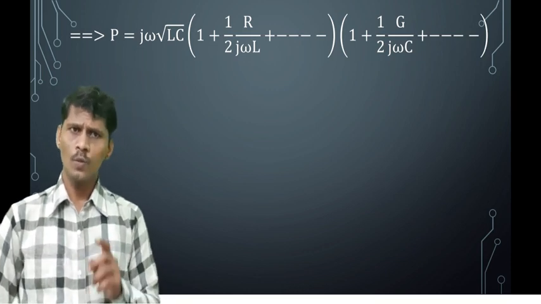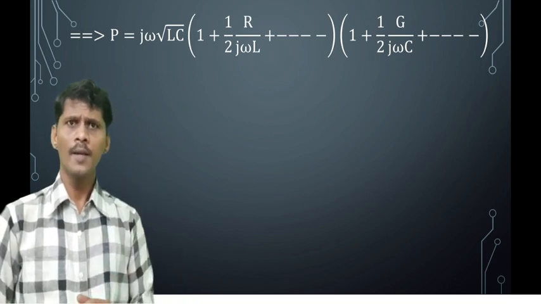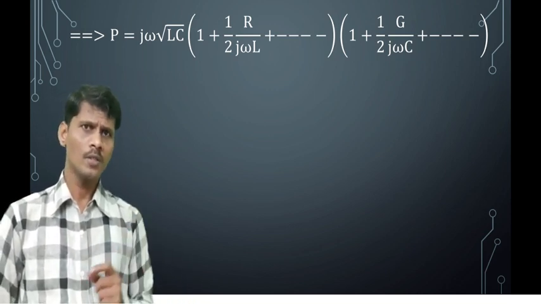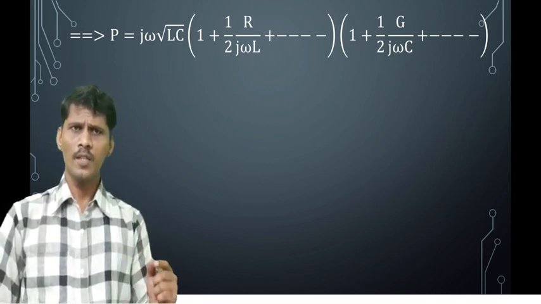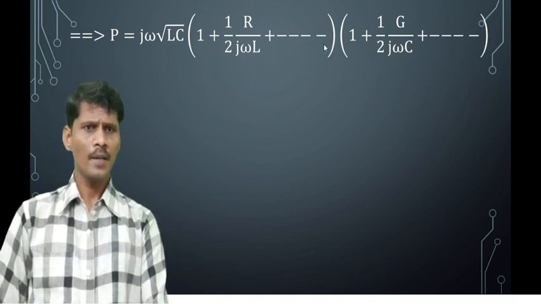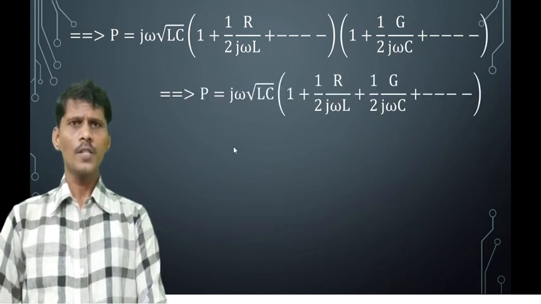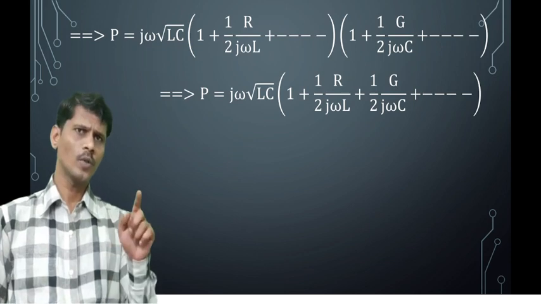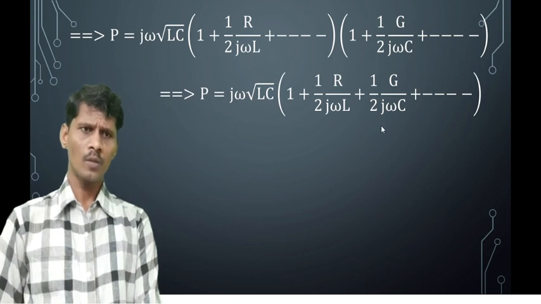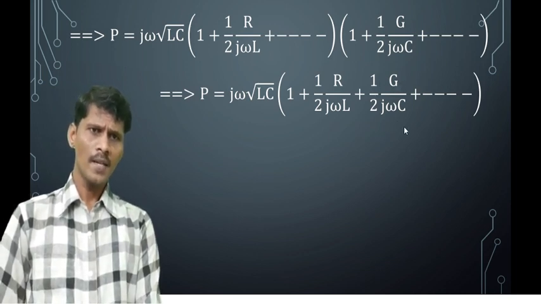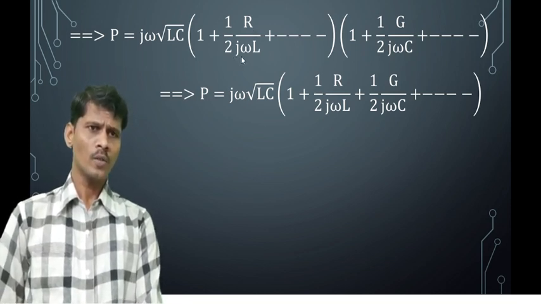The propagation constant gamma is equal to j omega into square root of LC into 1 plus 1 by 2 into R by j omega L plus and so on, using expansion of the binomial. Into second term is also using the binomial theorem 1 plus 1 by 2 into G by j omega C plus and so on. Multiplying these two terms, these two are the product terms, we get propagation constant gamma is equal to j omega into square root of LC into 1 plus 1 by 2 into R by j omega L